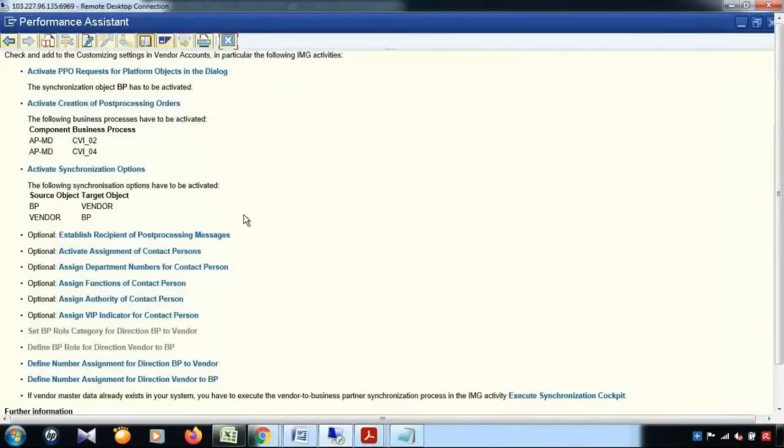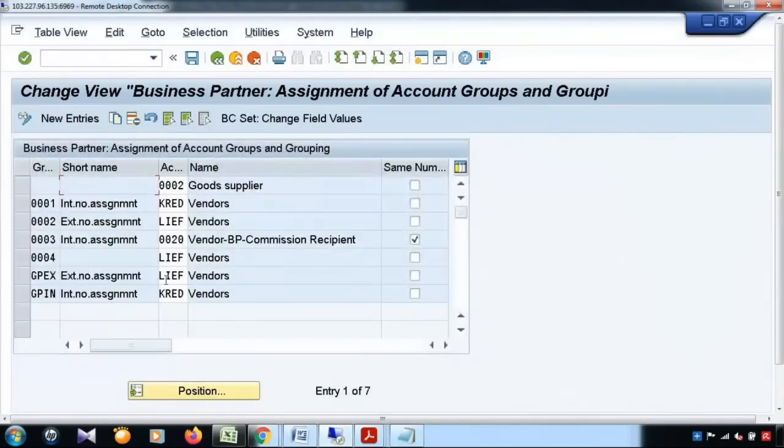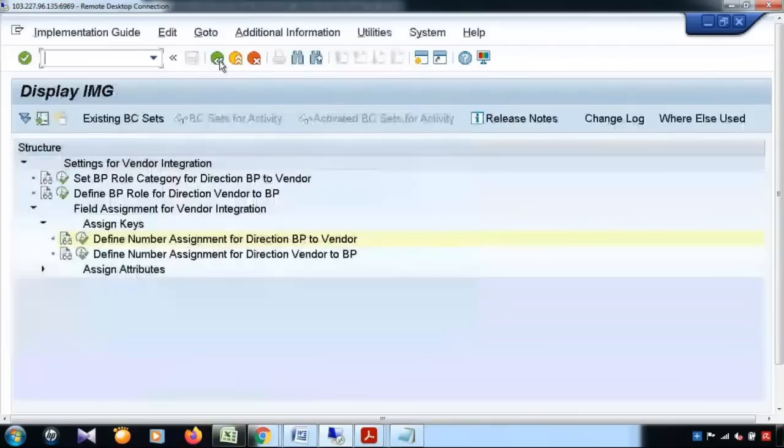Same way, number assignment direction from BP to vendor. Number assignment, so the account group for the BP is assigned with the account group of the vendor master. Similarly, number range assignment direction vendor to BP. So what happens is that